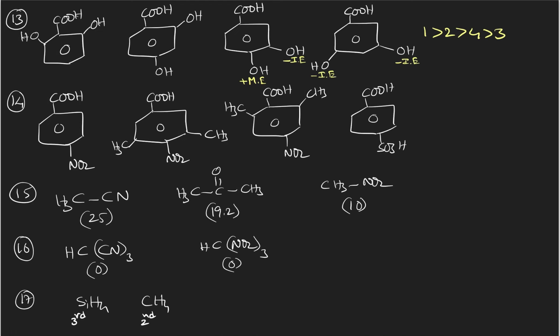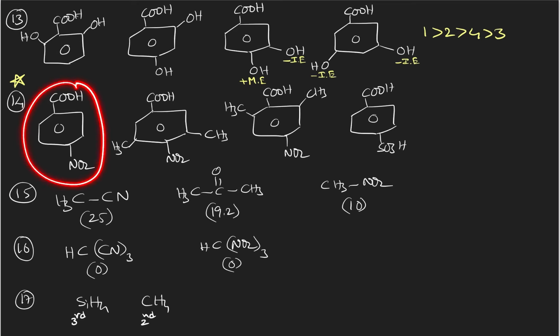Then coming to 14th example, in this the third compound has 2 ortho effects, and the first, second and fourth compounds do not have any ortho effect. But if you observe here, a very interesting point is, if you want to consider ortho effect, that should be between similar types of compounds. That is, all should be benzoic acids, so that between them you can compare their acidic strengths.